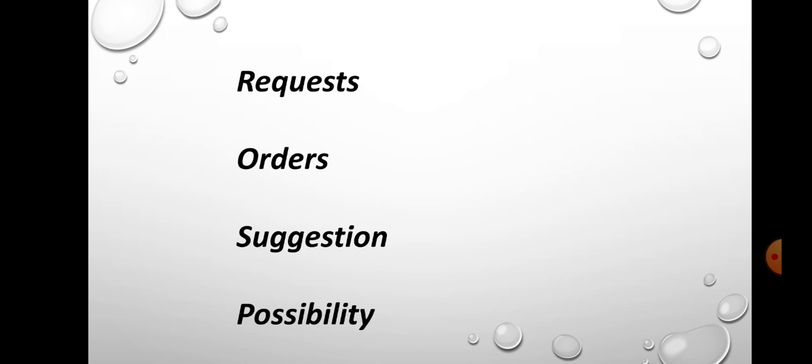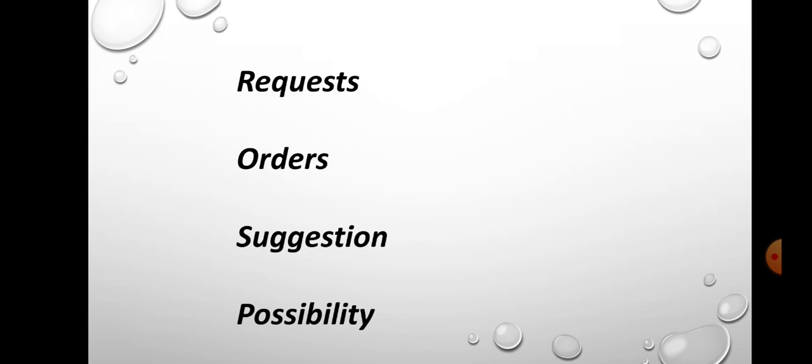Then by using let along with shall we and putting a question tag. Let's inform the boss. Shall we? Another example. Let's stop working now. Shall we? And we can also express request by using be plus to infinitive. For example, she is to keep in mind her limitations. Another example, you are to be my well-wisher. Then another concept is suggestion.